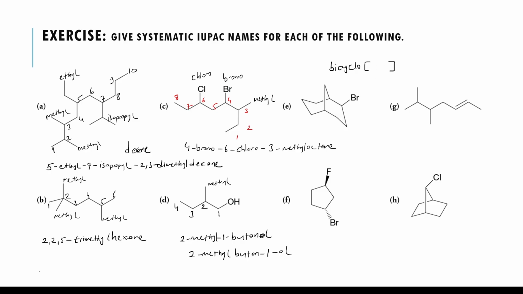Here we have a bridge, and this bridge has only 1 carbon, right? So this is a 1 carbon bridge, and I have to start numbering from the bridgehead,